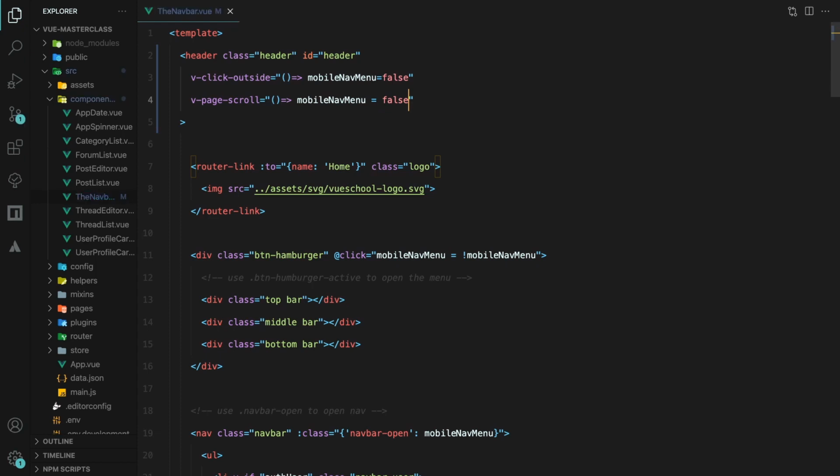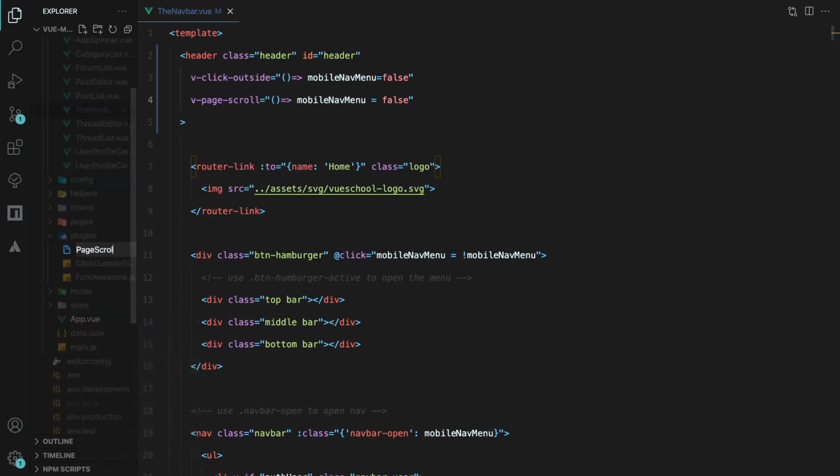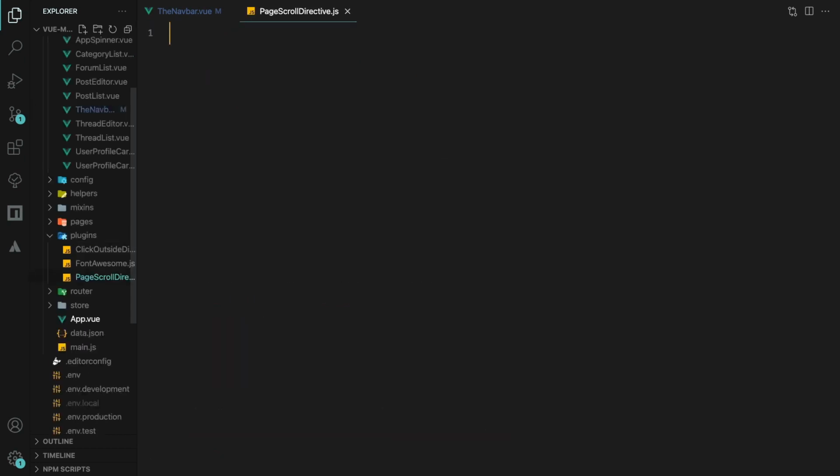Now, let's create the Page Scroll directive file in the Plugins directory. Here, we'll export the function to make the plugin, just like we did before. And we'll create the directive.